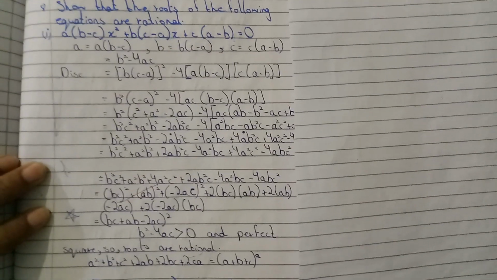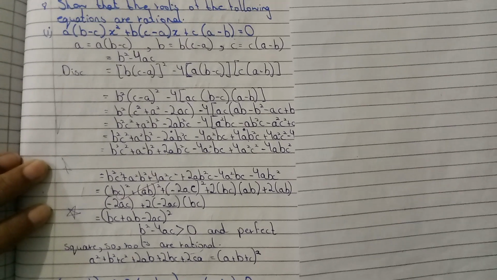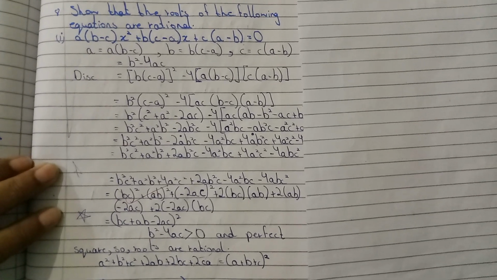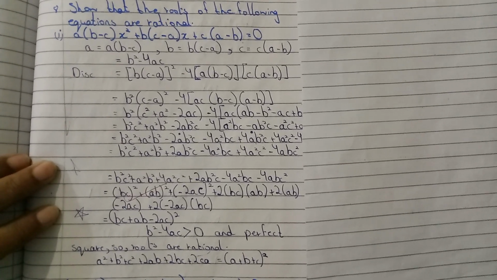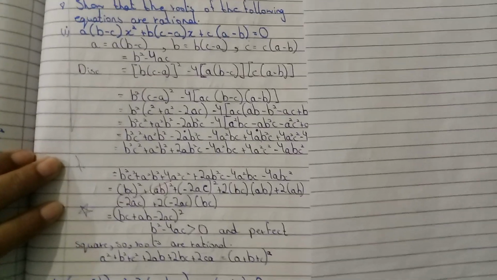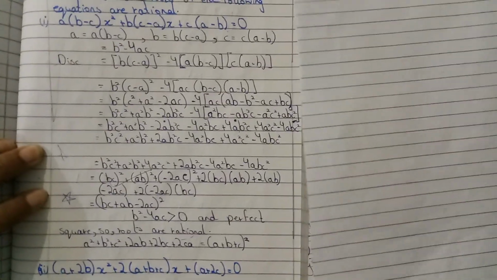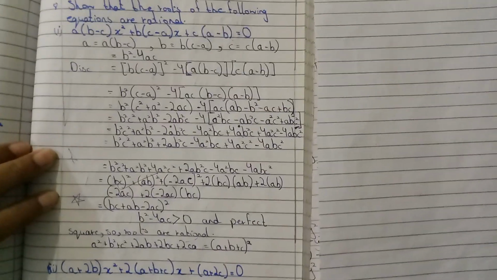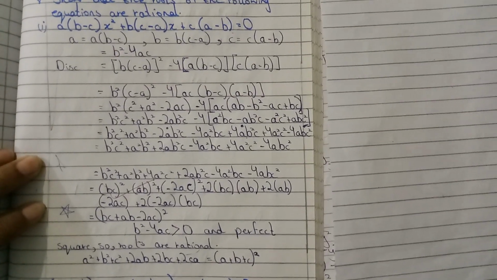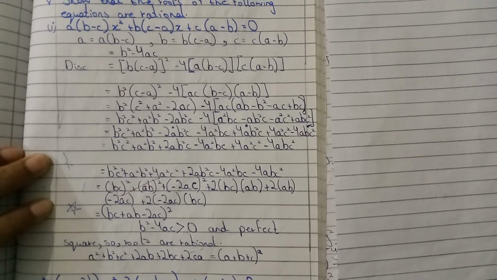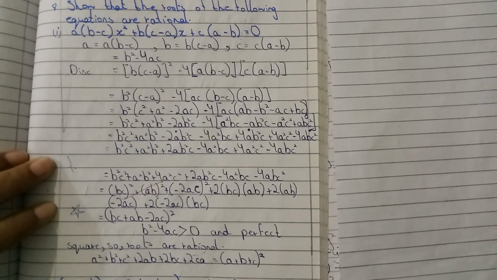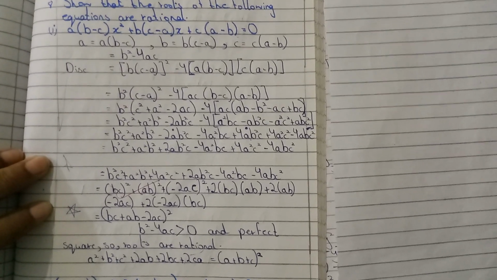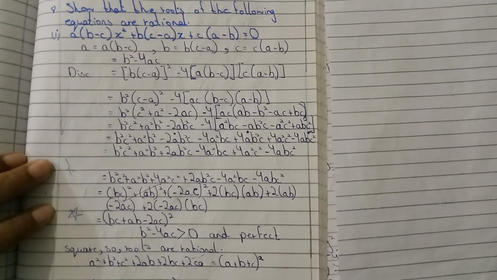We have got b square c square plus a square minus 2ac. By multiplying the other two brackets, we have got ac, ab minus b square minus ac plus bc, and then we multiply with 4ac. We get minus 4 bracket a square bc minus ab square c minus a square c square plus abc square. By multiplying the 4, we have got these values: minus 4a square bc plus 4ab square c plus 4a square c square minus 4abc square.